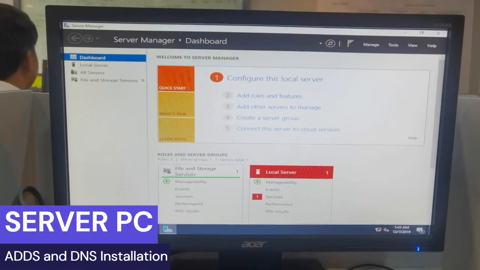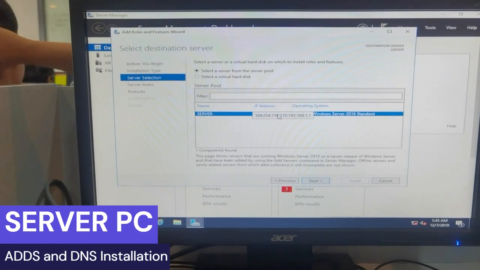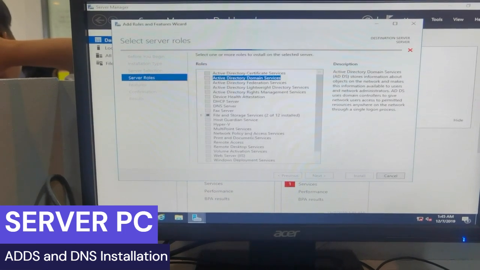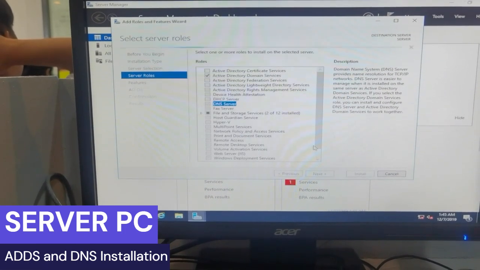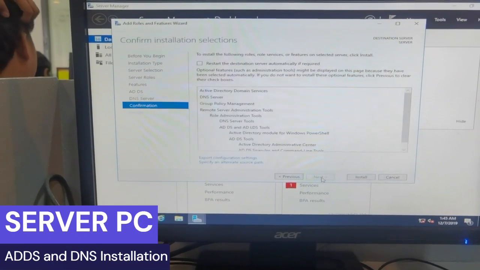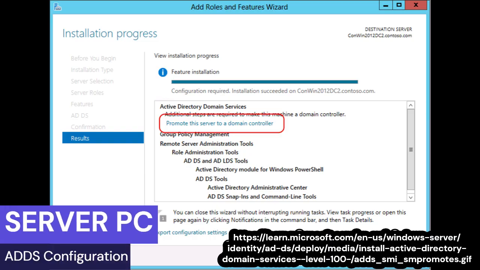Once it loads, simply click Next until you get to the Server Roles part and find Active Directory Domain Services and DNS Server. Add their features and click Next. Before continuing with the installation, make sure to click the Restart checkbox on the top so it'll automatically restart if needed. Something like this would pop out after the installation on the same window, but just in case you closed